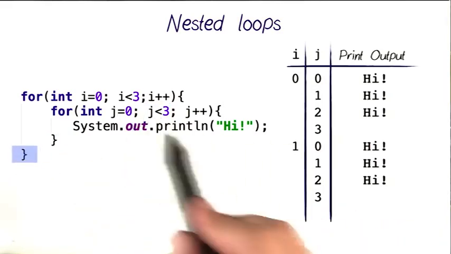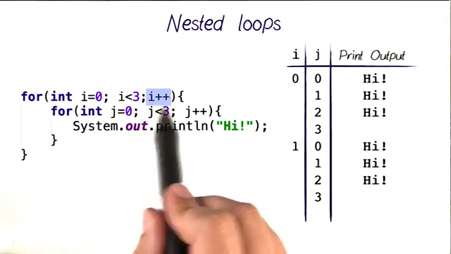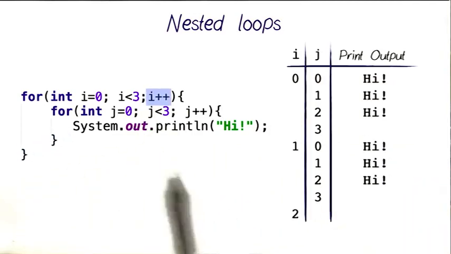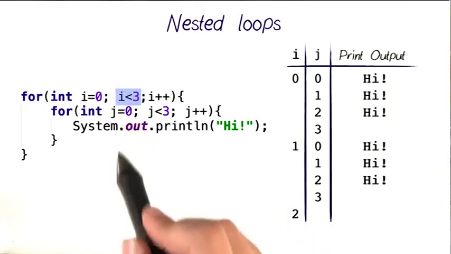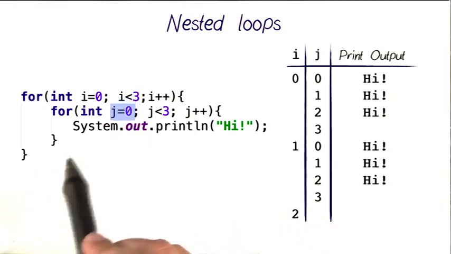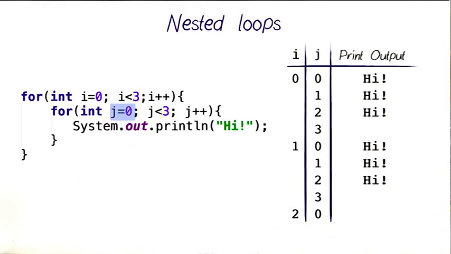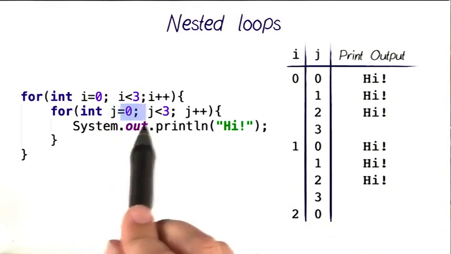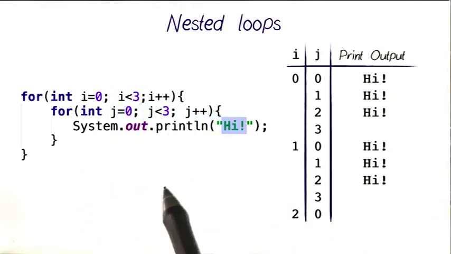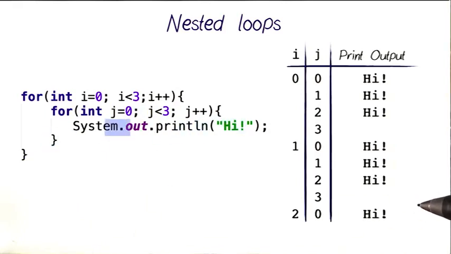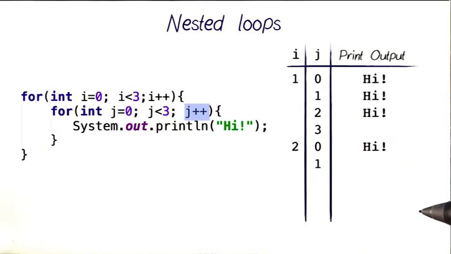But i is still less than 3, so we go back up, we increment i to make it 2, and we check if i is less than 3 or not, which in this case it is, so we step into the inner loop again, initializing j again, making it 0, and then because 0 is less than 3, we start printing all over again. And this would force our inner loop to go over and over its normal cycle and print out hi 3